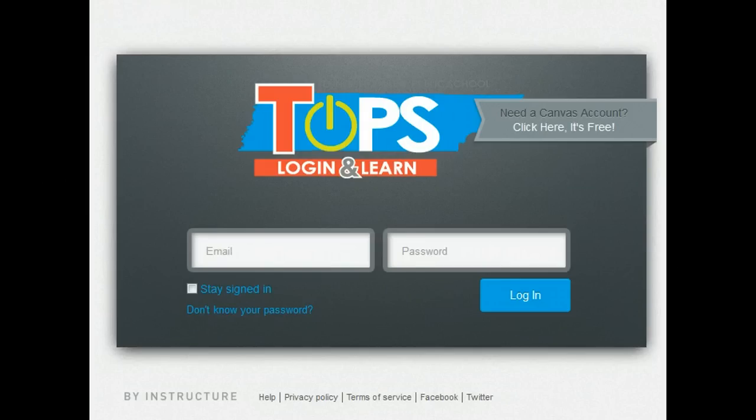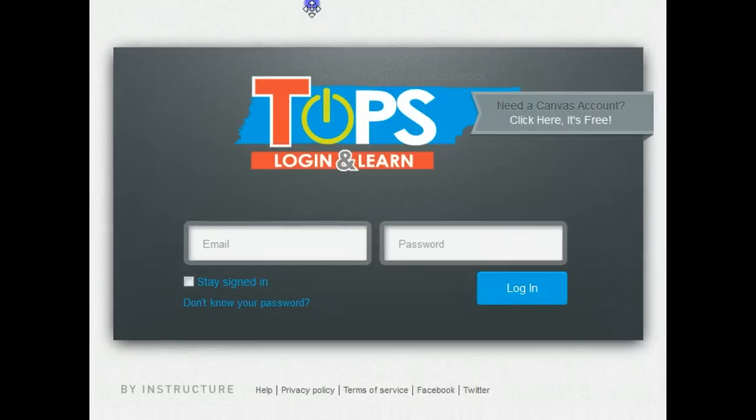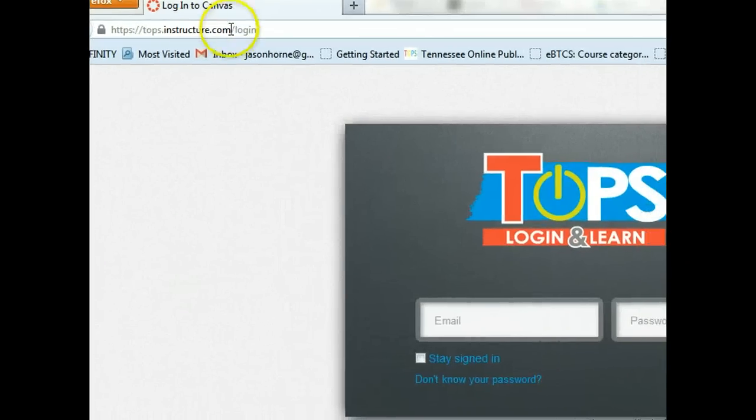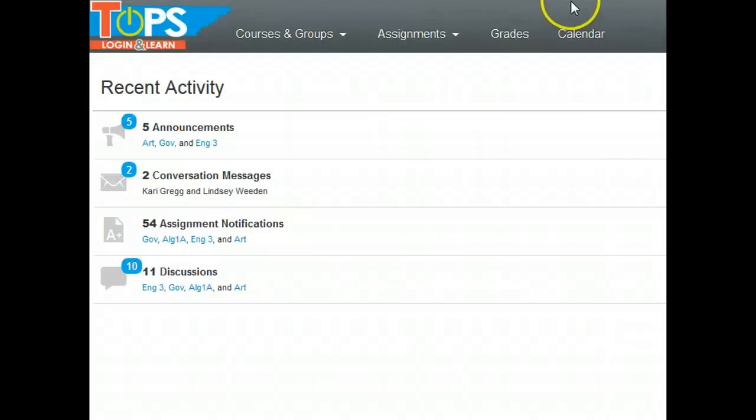You should have been provided with login information to get into your TOPS courses. These are in Canvas, which is the name of the software that we use. So when we say Canvas, that's what we mean. But you're going to go to tops.instructure.com to log in. Once you are at tops.instructure.com and have logged in, then you're going to see